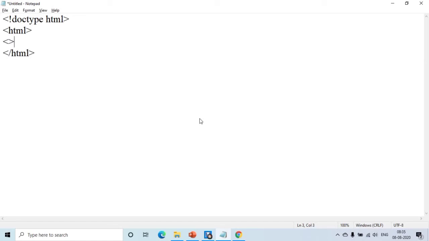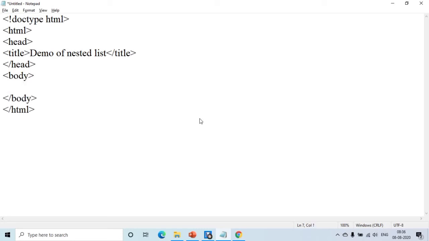Within HTML, again add head tag start, end of head, then title and end of title, demo of nested list. Then close the head tag, open body tag, start and end.